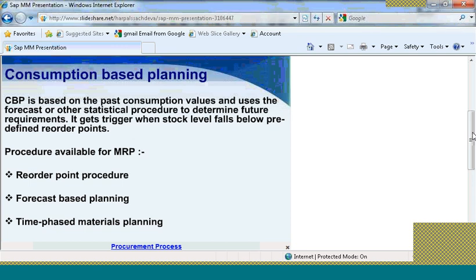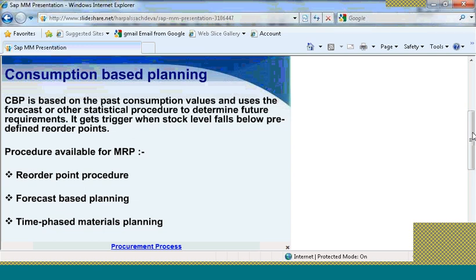It gets triggered when stock level falls below predefined reorder points. Certain procedures available for MRP are reorder point procedure, forecast-based planning, and time-based materials planning. So basically, consumption-based planning is nothing but your inventory management.